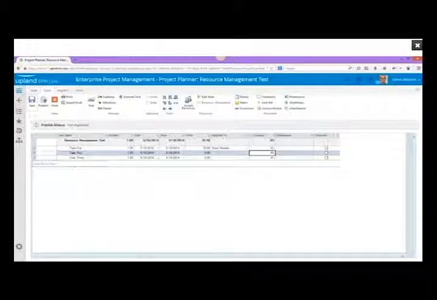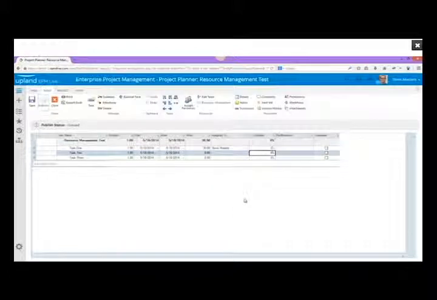I can assign these tasks to people. Whatever it is that I might want to do, I can do it here, right? Set my start dates, my finish dates, my work. Let's say I think it's going to take 30 hours to do this particular task, etc. Those types of things, right? I can save it and come back to it later if I'm not quite finished and I need to go do something else. And then when I am finished, all I do is I hit publish,